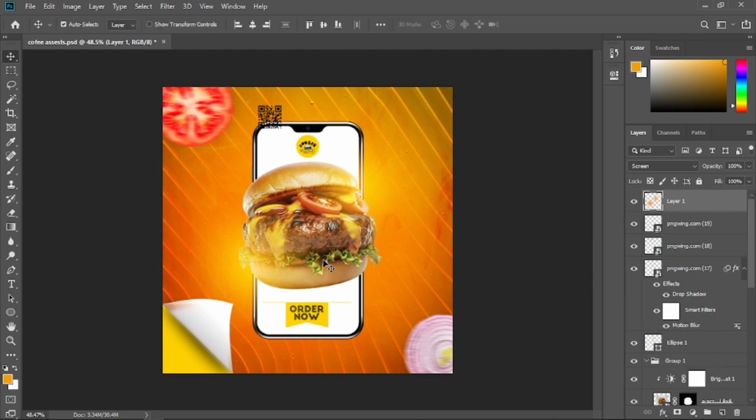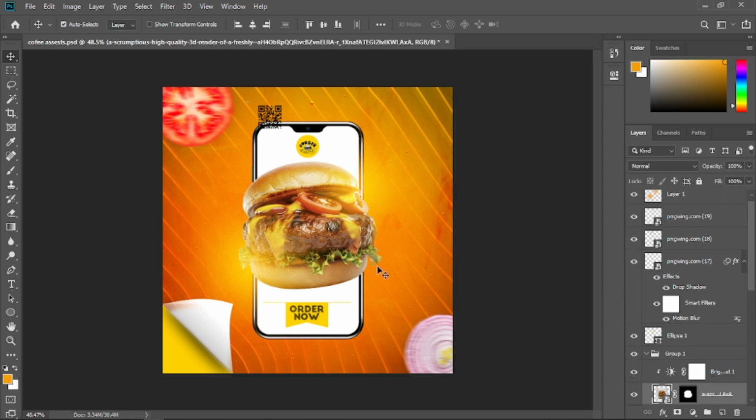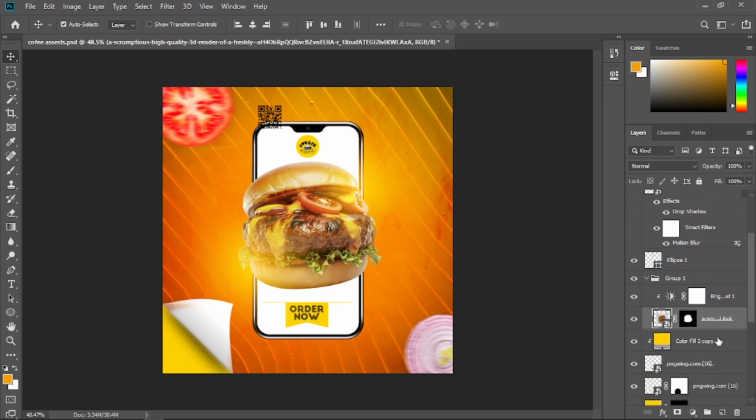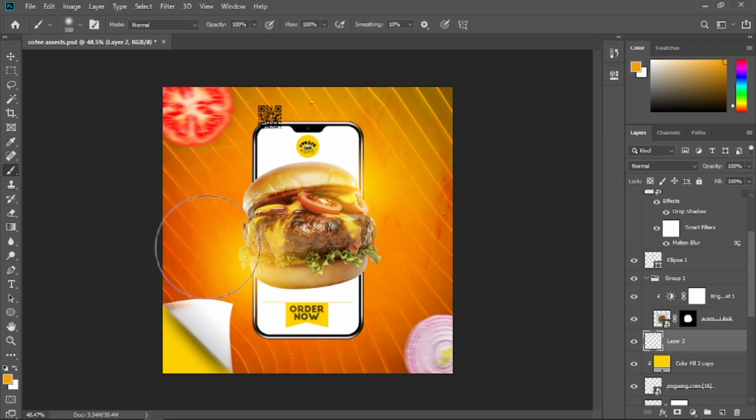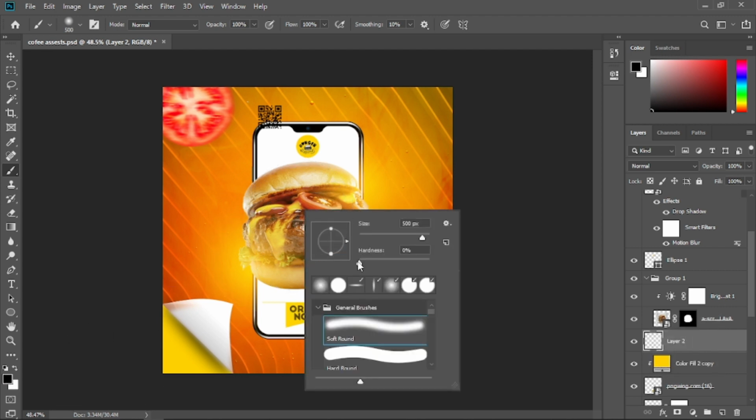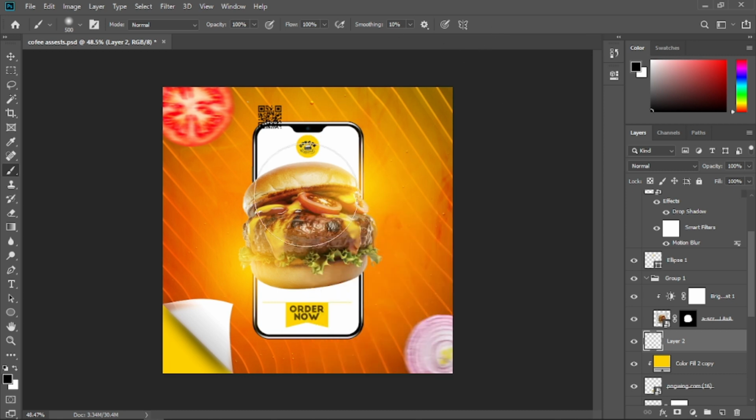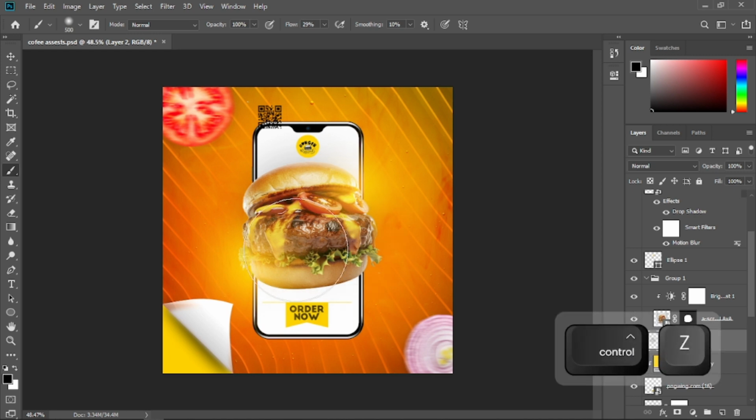Okay, now I'm gonna click on the burger, and underneath the burger I'm going to create a new layer and choose default color. For that I'm going to press D, and the foreground color is black now, and with the soft round brush selected I'm going to decrease the flow a little bit more, like 20s, and create a shadow underneath this burger. Alright,